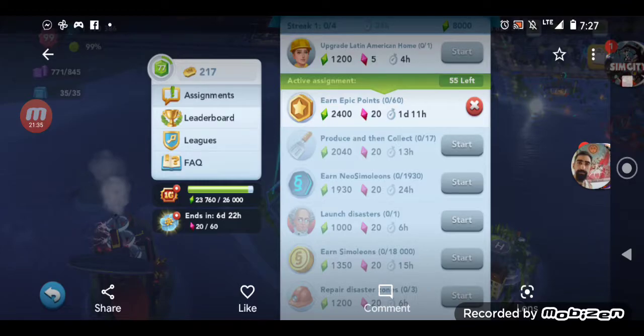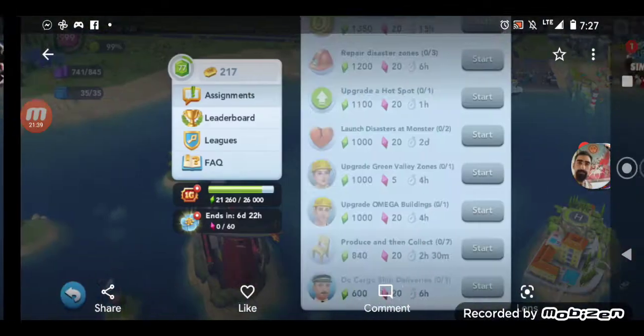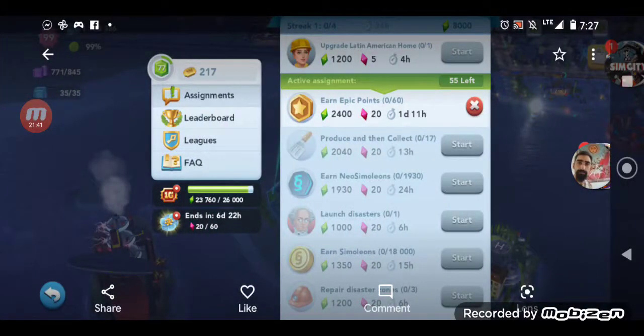Now at this point, I was into the deliveries quite a bit. They took quite a few items. Then I started the Epic Project. That cost me 80,000 to start, and I had to donate